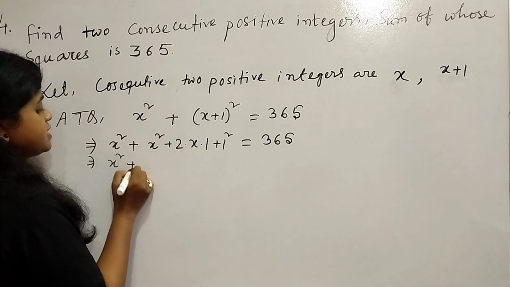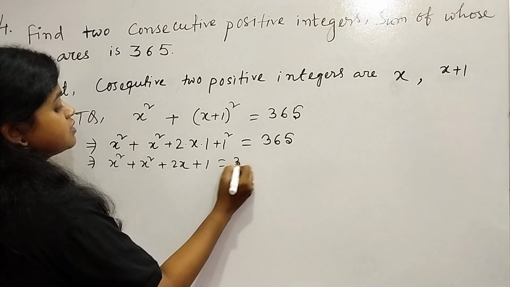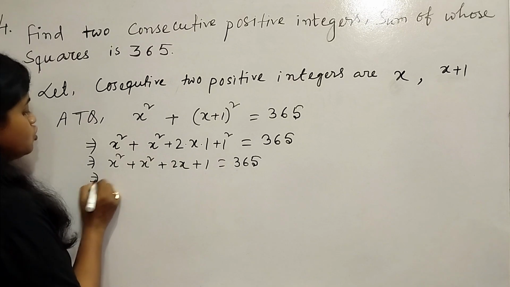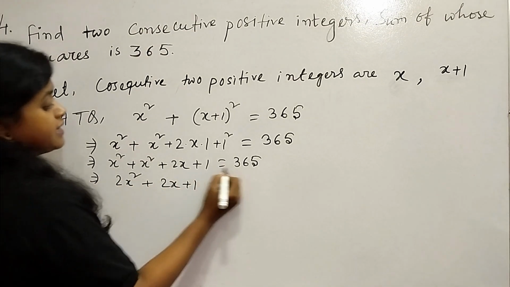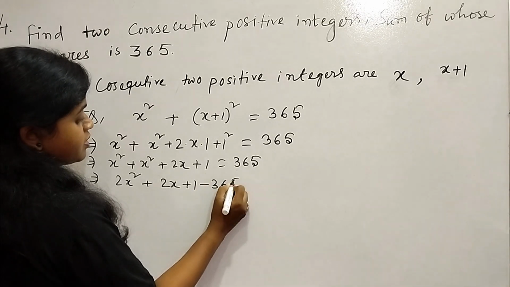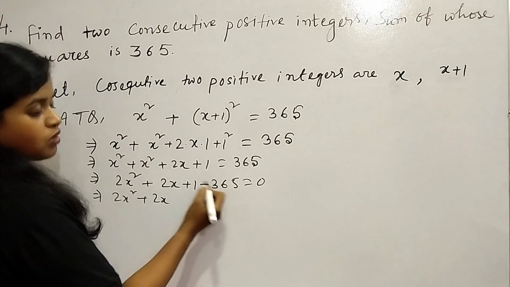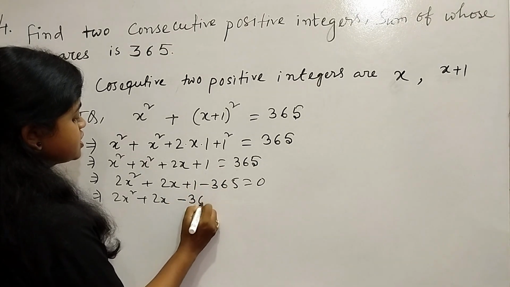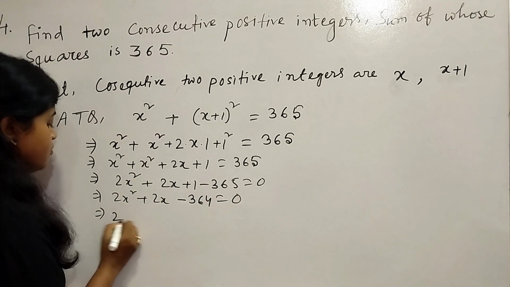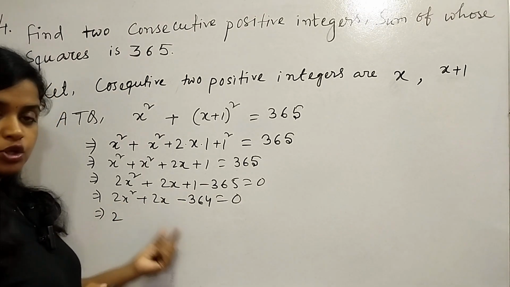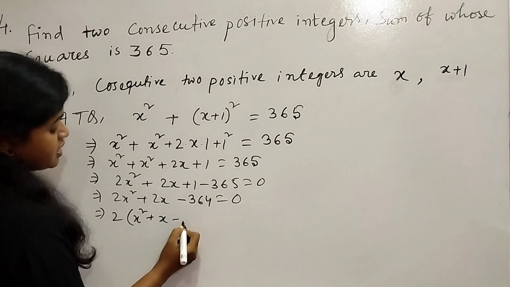So x square plus x square plus 2x plus 1 equals 365. x square and x square become 2x square, and this is 2x plus 1, and this constant term we will take to this side. So 2x square plus 2x plus 1 minus 365, which is minus 364, equals 0. See, we can take 2 common from each term. So the remaining is x square plus x and minus